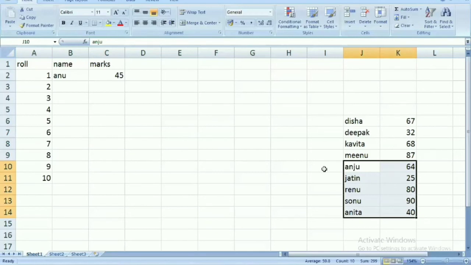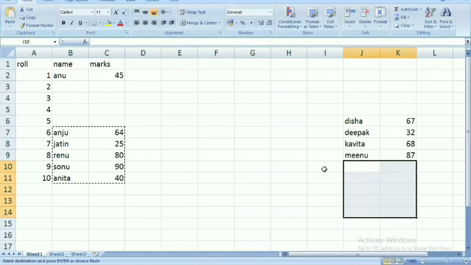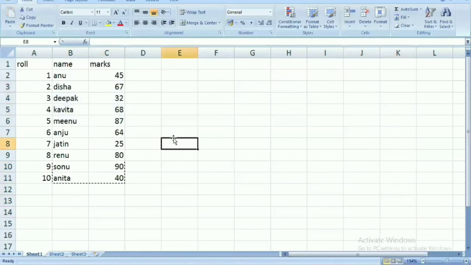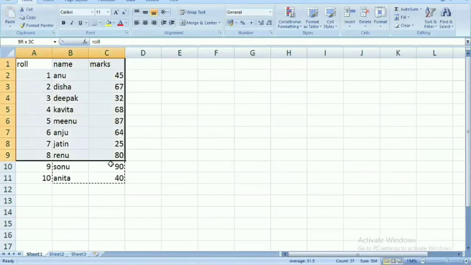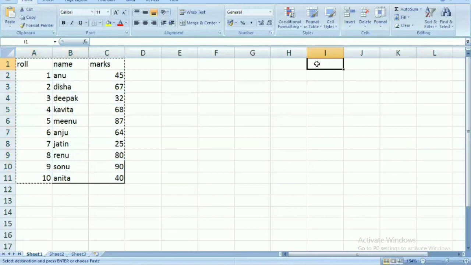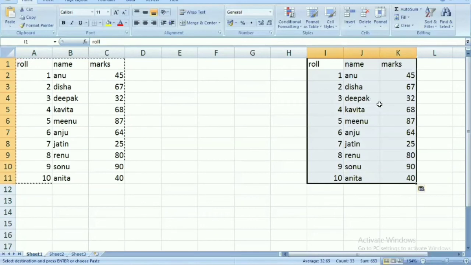Clear? I'm just undoing it by pressing Control plus Z. I have undone it. So now, if I want to make a duplicate copy, for example, of all this record, I want to make the duplicate copy of all the data and paste it at another place. So what I will do, firstly I will select it, and for copy I will press Control C, and wherever I want to paste it, for example I want to start from here, and then I will paste it. It will create the duplicate copy.